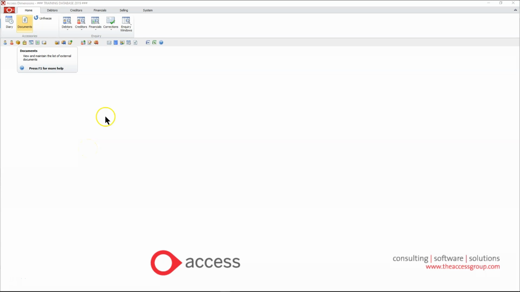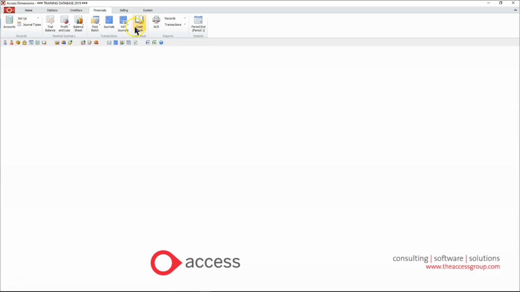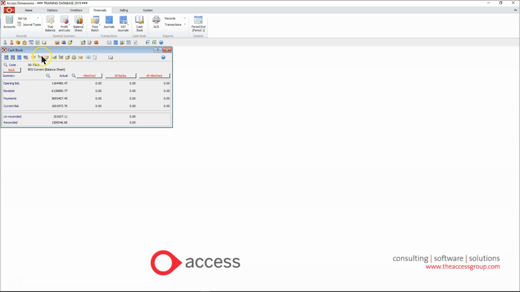Hi everyone. I've been asked to do a training video on the bank reconciliation function within Access Dimensions. So here we go. If I go into the financials and click on cash book, this is the cash book